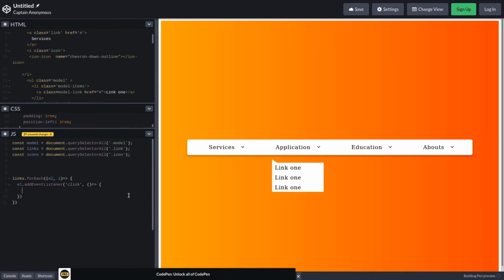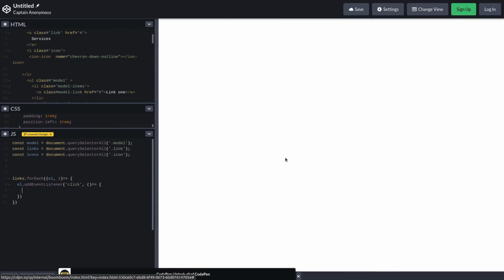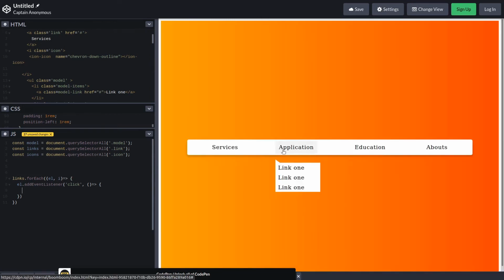Now if I click on, okay, let's first reload this. If I click on this application, what's the index of this element? As you know, guys, an array or collection starts from 0, so this is 0 and this is 1, and it's also 1. So you know, guys, the index should be the same. So we can do this like